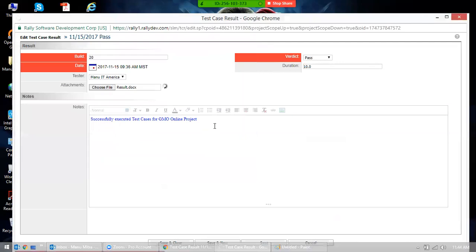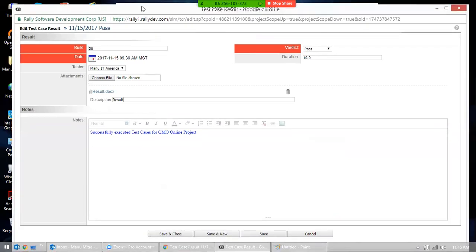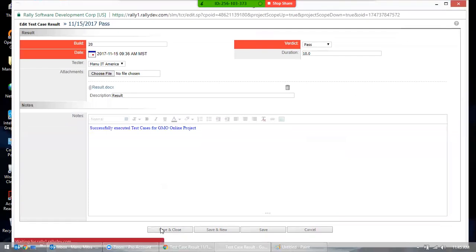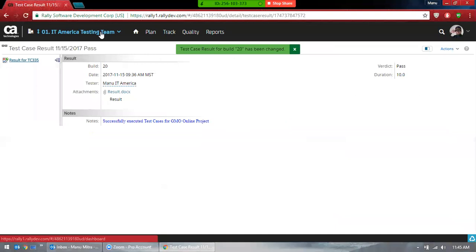Now this is the very important thing while doing this testing. If you're missing the attachment in the result, then it's completely useless, because even if your boss doesn't catch you, there will be an audit review. If your company has an audit review, they will catch you. They will immediately ask, where is the document? We want to look into how well you did your testing. We want to see that. Okay, I'll close it like this. Now it's good. We'll go back to our user story and see.